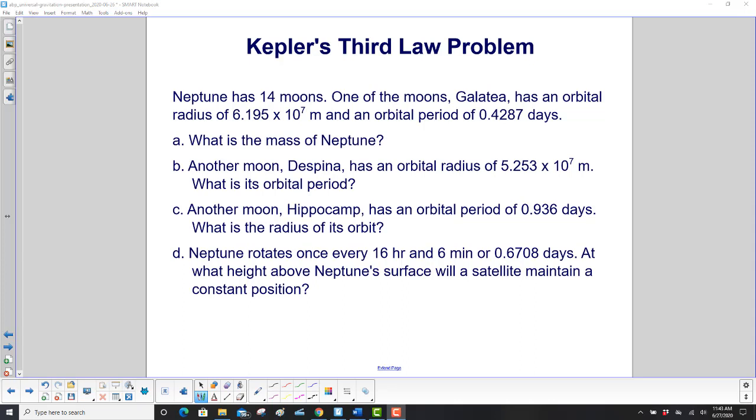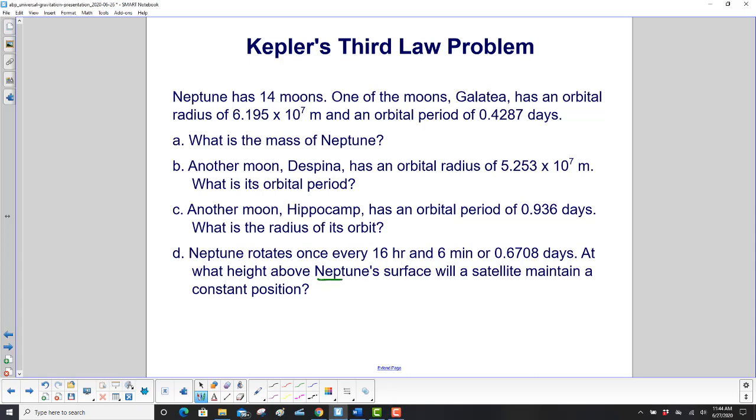Another moon, Despina, has an orbital radius of 5.253 times 10 to the 7th meters. What is its orbital period? Yet another moon, Hippocamp, has an orbital period of 0.936 days. What is the radius of its orbit? And then Neptune rotates once every 16 hours and 6 minutes, or 0.6708 days. At what height above Neptune's surface